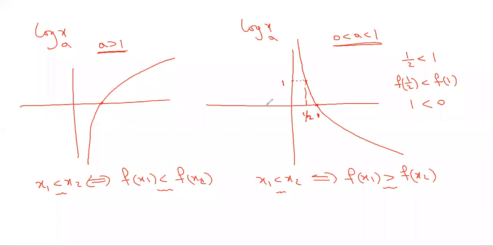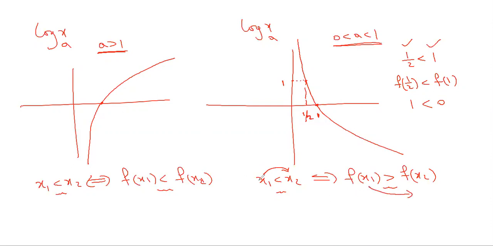Along the x-axis, from left to right, x values increase. So when you're moving from left to right, x values are increasing. Corresponding to that, what is happening to the y value? Graph is coming down, and coming down means y values are decreasing. When you increase the x values, y values are decreasing, right? Yes, sir. So that is why this is a decreasing function. When x1 is less than x2, that means when you increase the x value from x1 to x2, the corresponding function value will decrease.